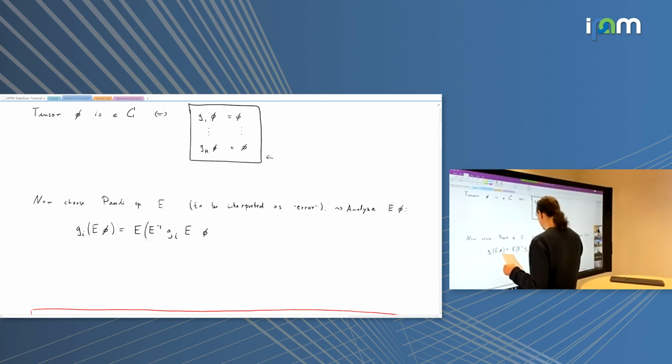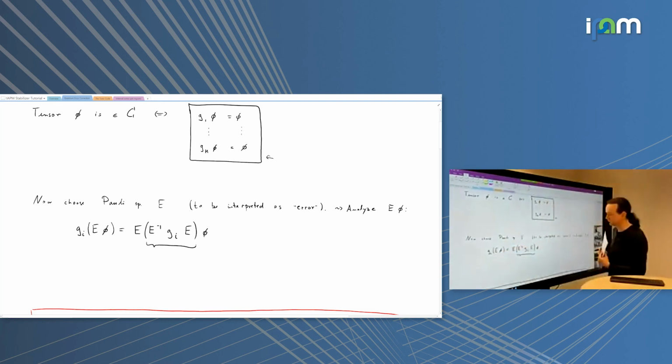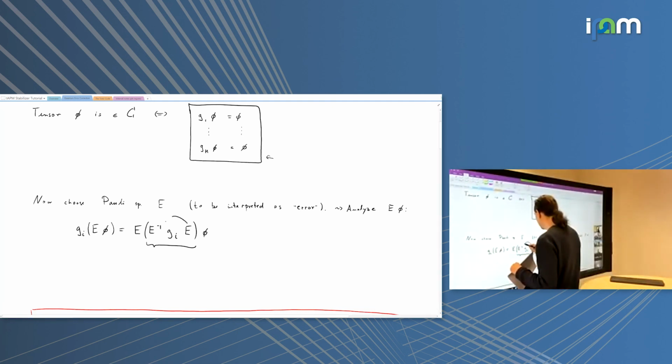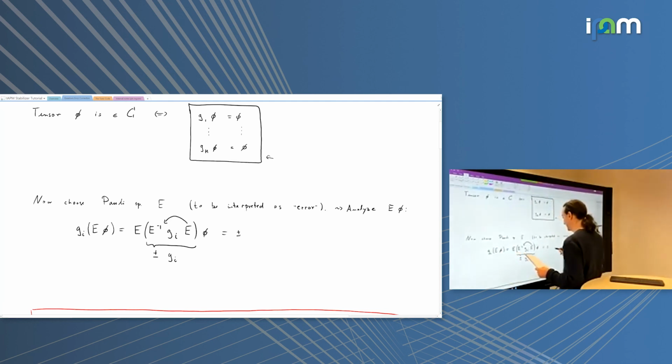And then I put strategic parentheses. And what you see here is that we have a sandwich equation where we just have Pauli operators. But now I can commute E past the Gi. This will give me a +1 or -1 because they either commute or anti-commute, and then it meets its inverse and gets annihilated. So this will just give me ± Gi. And so what is left is ± E Gi phi, but phi is an eigenvector of Gi, so we get ± E phi.